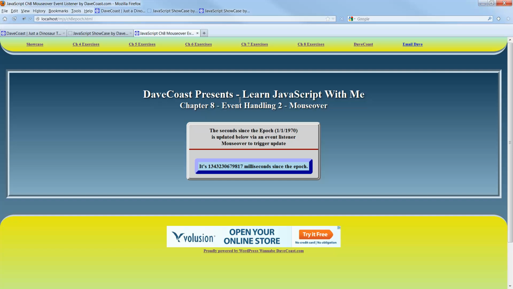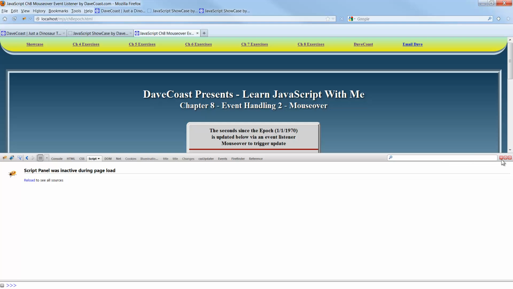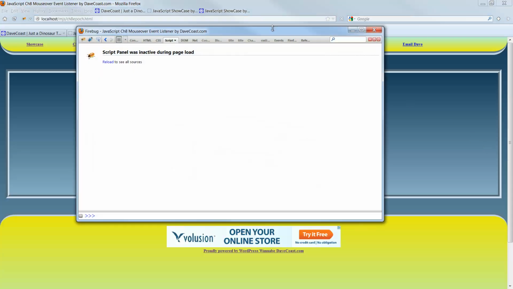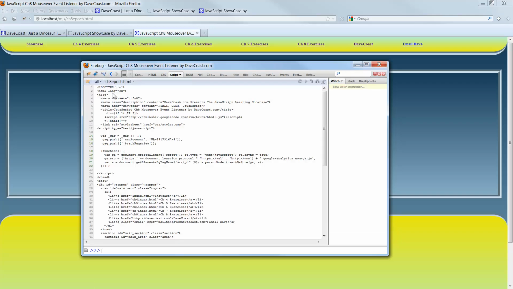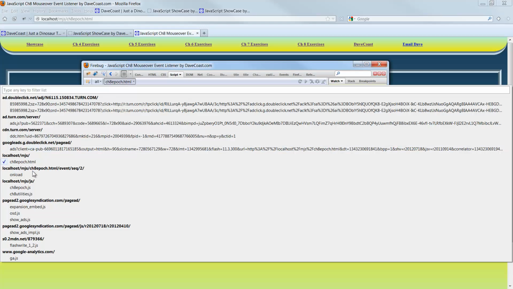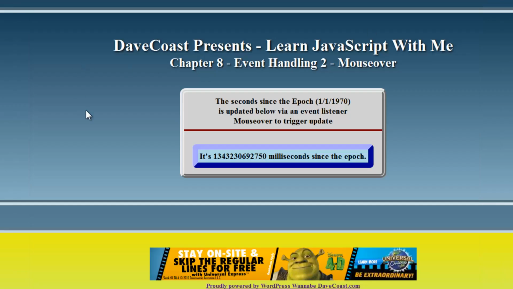So here's our code. I'm going to turn on Firebug. I'm going to detach Firebug so we can see it a little better. I'm going to reload it, get the actual JavaScript up. Here's the JavaScript. I'm going to set a breakpoint here at the first executable item within our update duration. Right, so now if I reload this page,